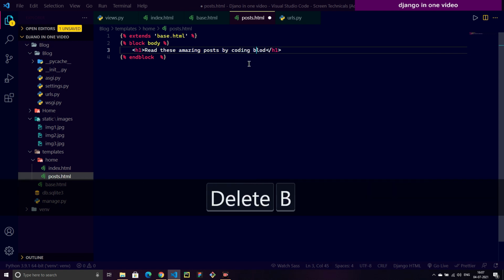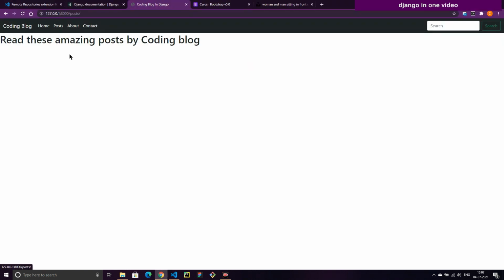Just make this capital, just change this to G, and just change this into capital. Okay, save this. Now go to the browser, refresh it, and you can see this. Now I want some padding, and I also want the text at the